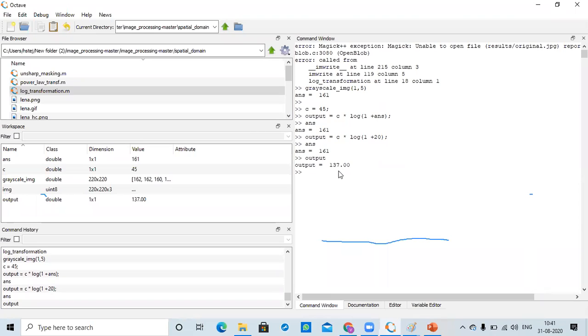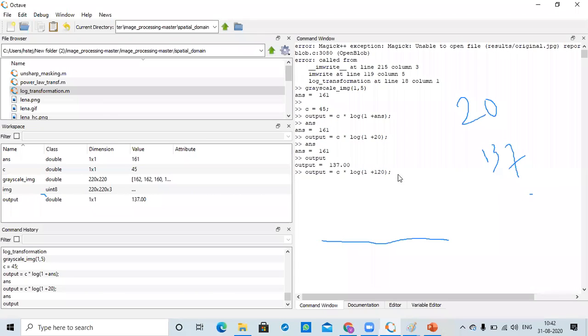So see here, this is how we have to learn our subject. I am writing here. This is what actual study means; this is how we should understand. So for 20, I got 137. For example, let us see another case. Let us replace this with 120.